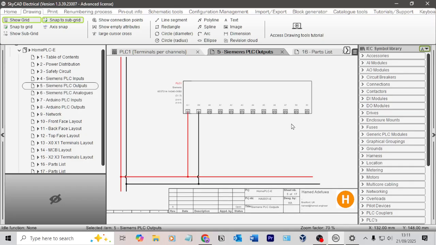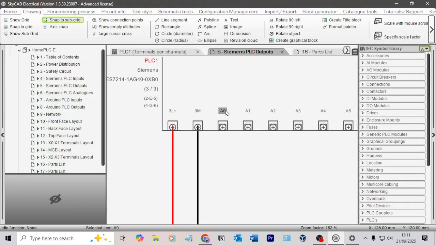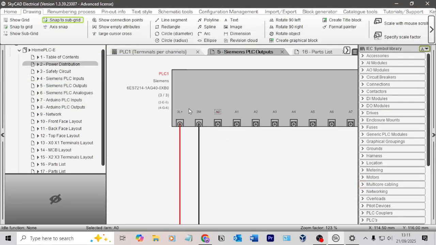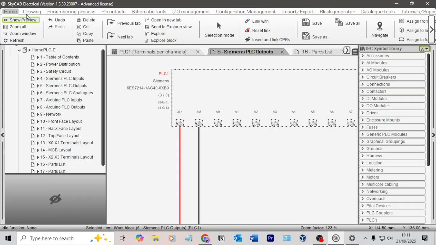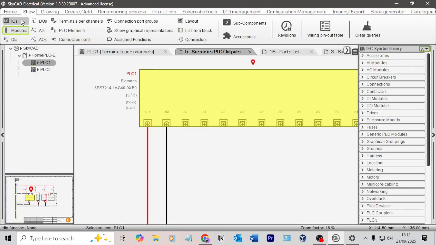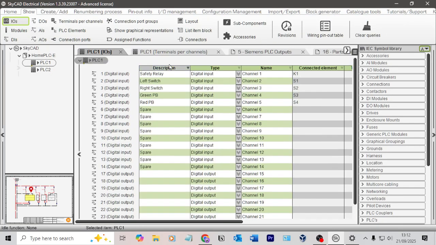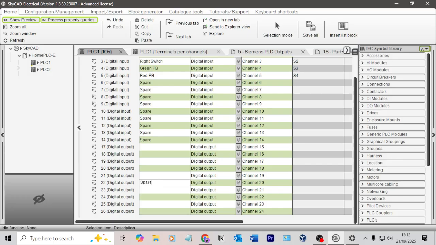So that's them done. So now we probably want to define our outputs here. I don't really know what my outputs are right now. I'll check in a minute. So if we double click on the actual A0 again, nope, that's not correct. Double click on a block, that's not correct. What do we want to do? We want to click on a project, show PLCs, click on the PLC, show IO, and then we're back here. I think I have quite a bunch of spares anyways. So if we do spare,